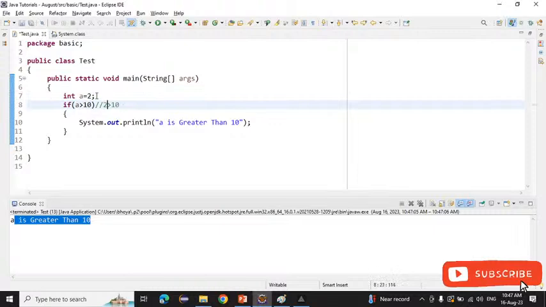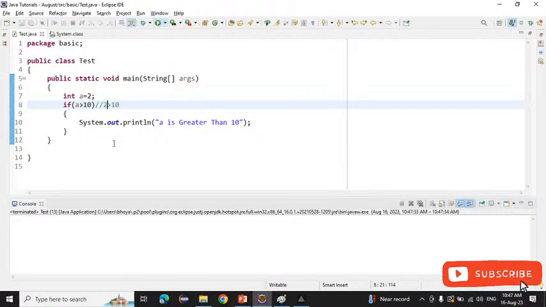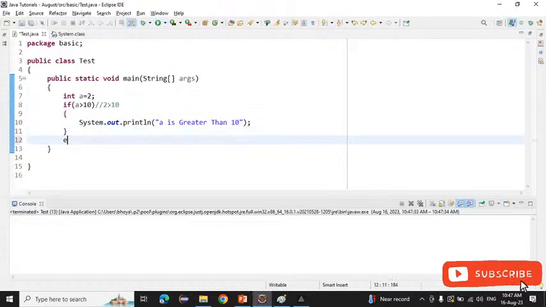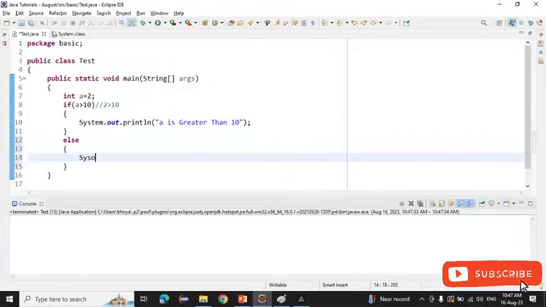So what will we do here? 2 is greater than 10. Is the condition true or false? False. Nothing is printed there. So for that we have another statement, that is else. Simple, we will write else, and inside that whatever we want to write, we will write System.out